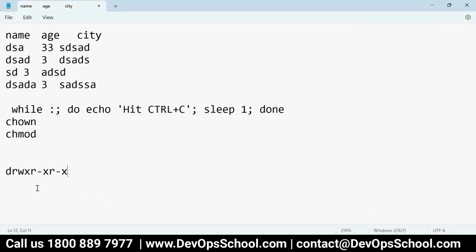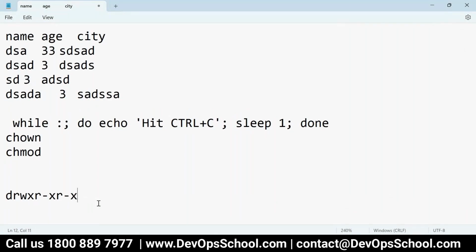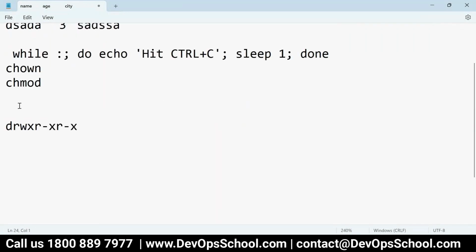So in this, please understand this. This is called D for directory, so ignore it. Divide this into three parts. This part is for the owner of the file, those who have created it.